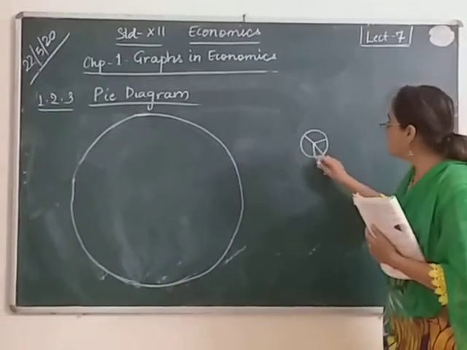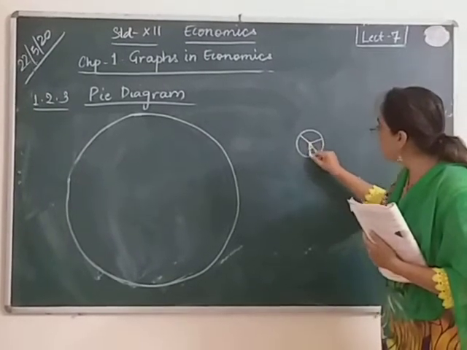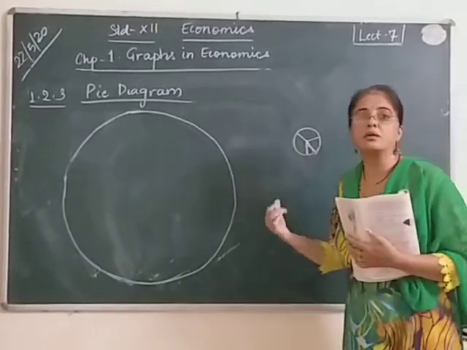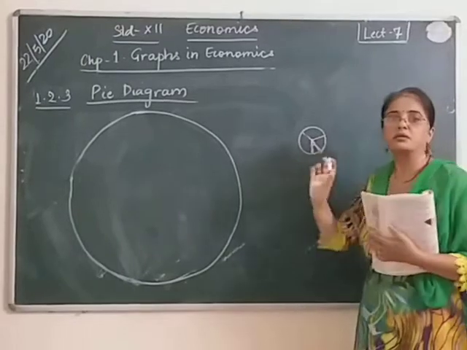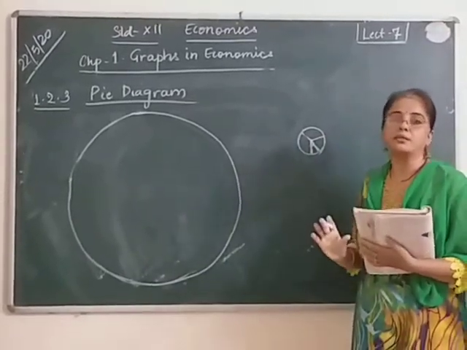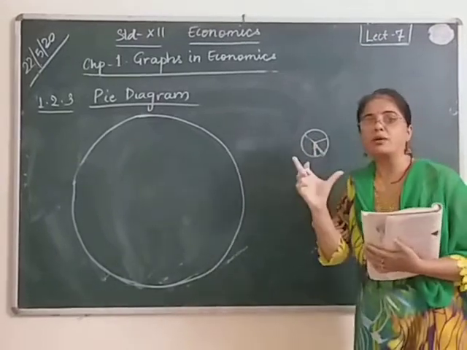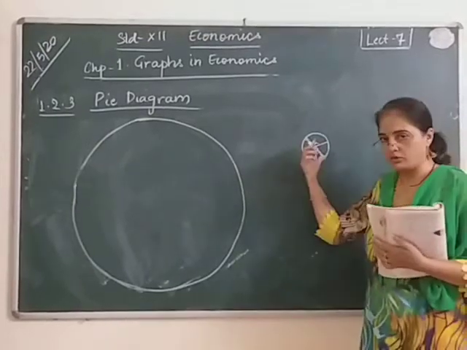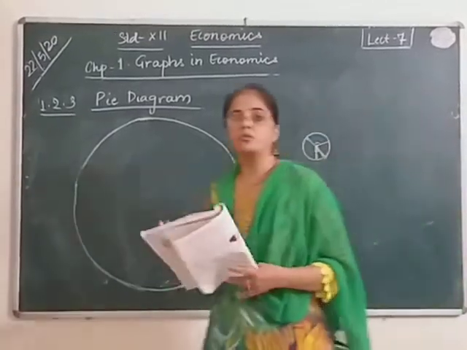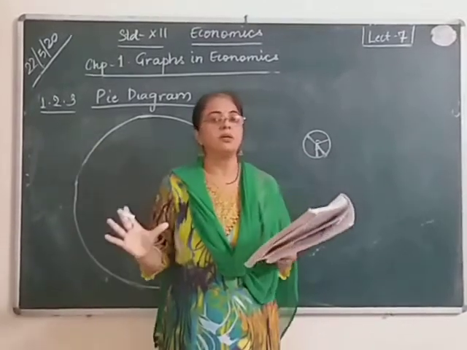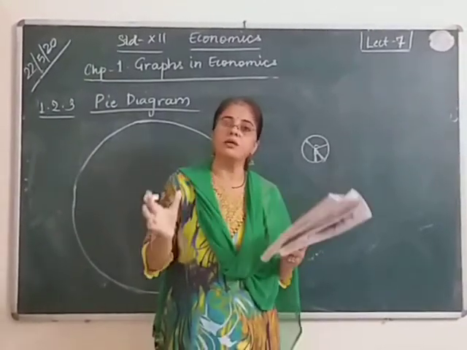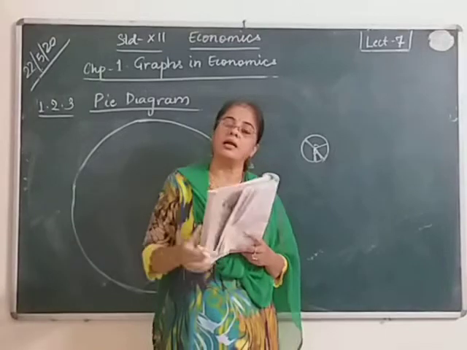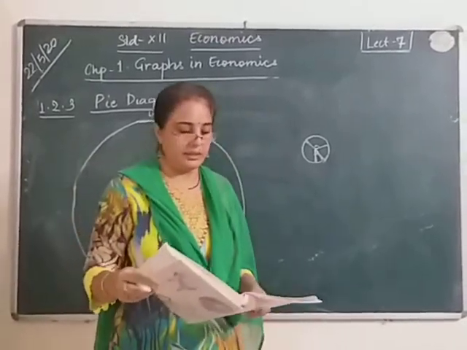So the degrees between these two lines here will show how big the amount or the data is. If the degree is more, that is a bigger amount. That is higher data. So its amount is more. The bigger the pie, when will the pie be bigger? When the degree between those two lines is more, when the angle is more. So that is how we come to know whether the figure is smaller or bigger. A smaller pie means a smaller figure, a bigger pie is a bigger figure. A smaller pie will have a smaller degree, and a bigger pie will have a higher degree.